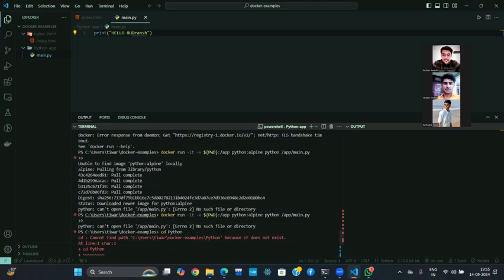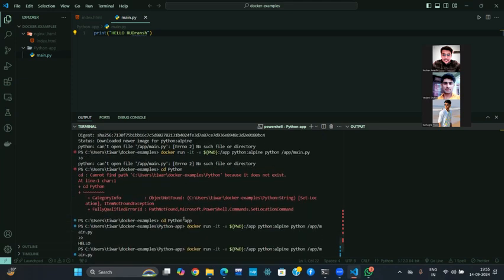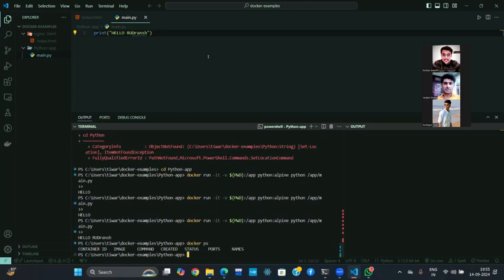And just because I pulled that and I am not in the Python directory, I change my directory with cd Python app, and then I perform the same command and the command is running. So with the help of this, like Keshav told us how to run a program, we simply combine all the program and call the Docker container with this simple command docker run -it -v. It means interactive terminal,